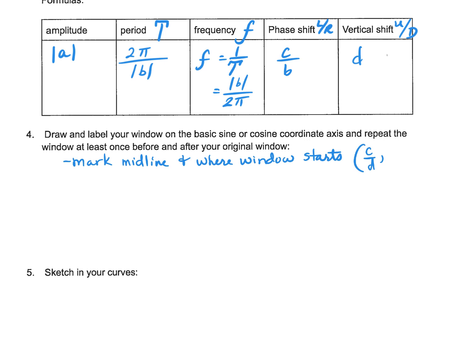I don't know why I said D. C over B, D. Think about it. That would be left, right, up, down, wouldn't it? So basically the first thing, and I need to make sure you understand this: go ahead and graph this point, figure out this point C over B, D, and mark that. From that point,